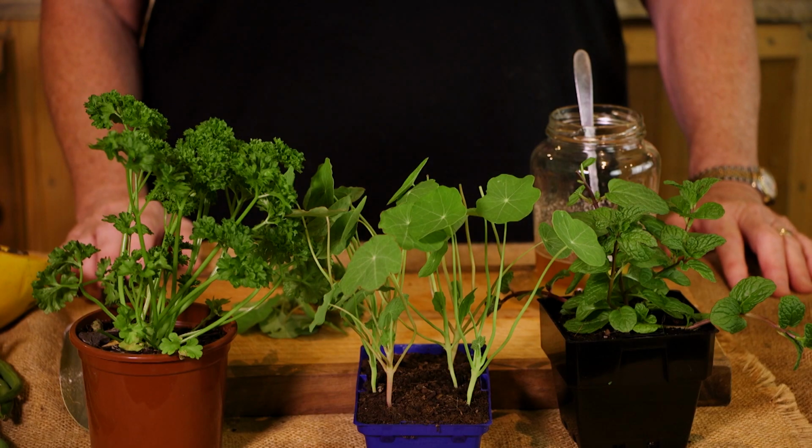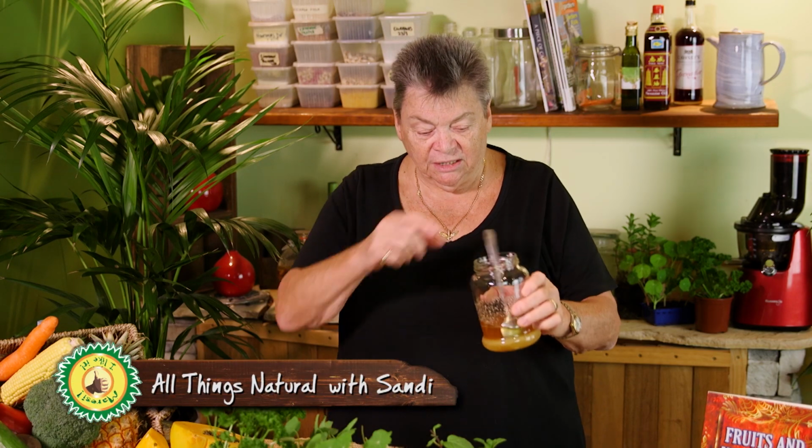Now, what about if we need to restore the body? We've got to get it back into revival mode. You've been quite ill. Well, this is a vibrancy formula that I'm going to give you. The first thing is